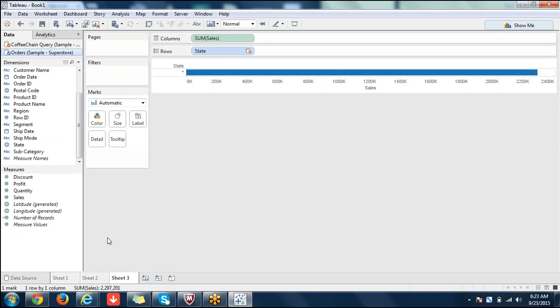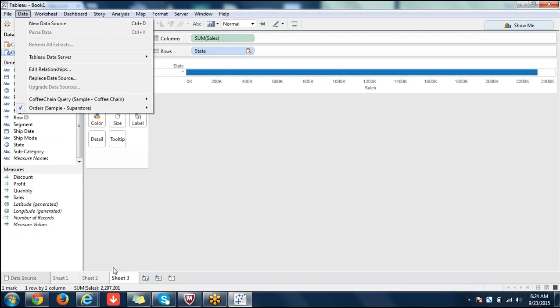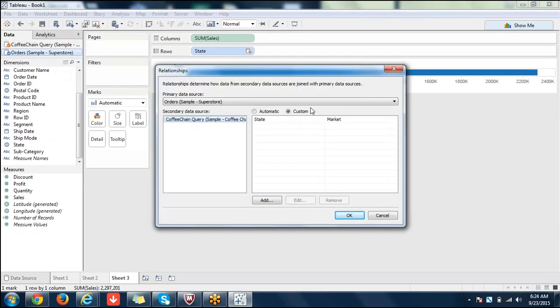A left outer join kind of scenario occurs between Superstore and other tables when A has more records than B. Any idea how we can achieve this? I'm just correcting this relationship to go back and see some of the scenarios here.